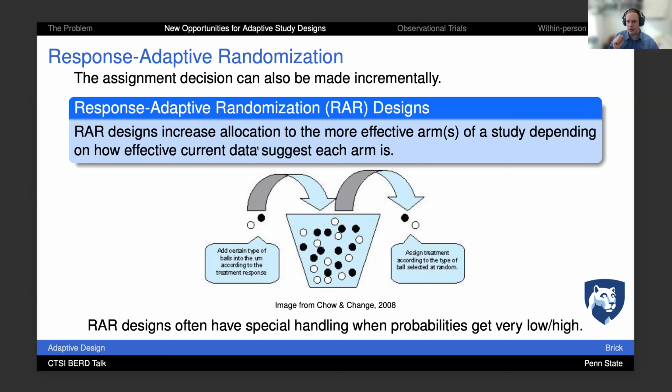This has some problems with traditional analysis. And so you've got to do some correction to this in the statistics to be able to account for the fact that your control group is dwindling, for example, over the course of the study. It also raises some really interesting problems when there are history effects. So for example, if you're already at the point where 80% of people are going into one arm, and then the pandemic hits,